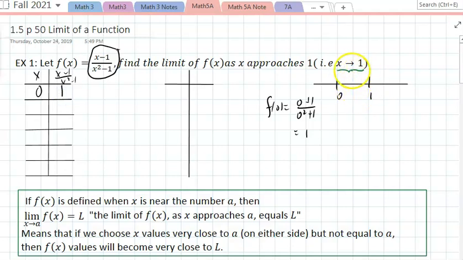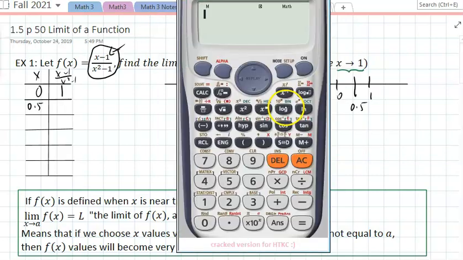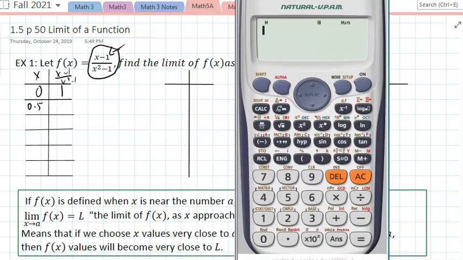Then I want to get closer. I want x approaches 1. So let's say you pick 0.5. Now what we want is 0.5 plugged in there: 0.5 minus 1 over 0.5 squared minus 1. Since I'm going to be using the same function, there's a nice trick on a calculator I want to show you. If you run this calculator,